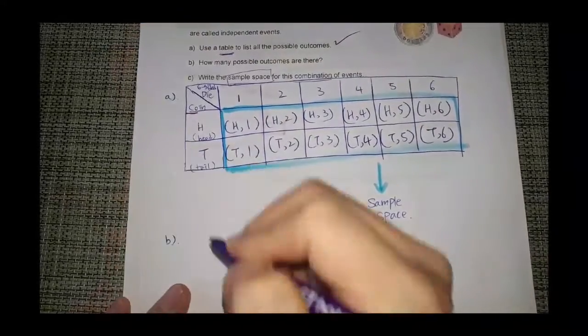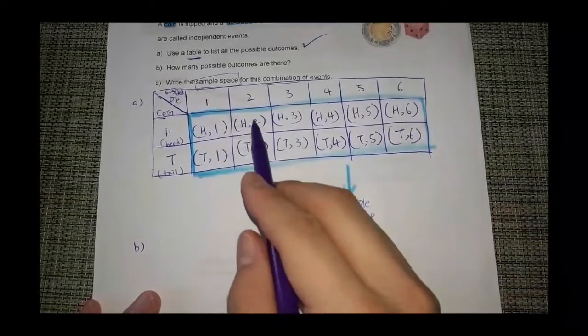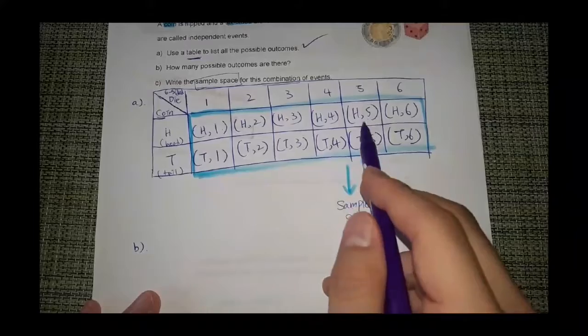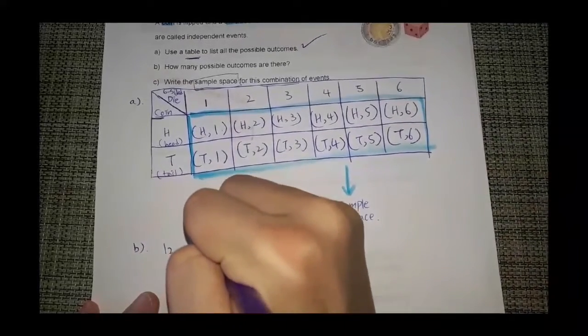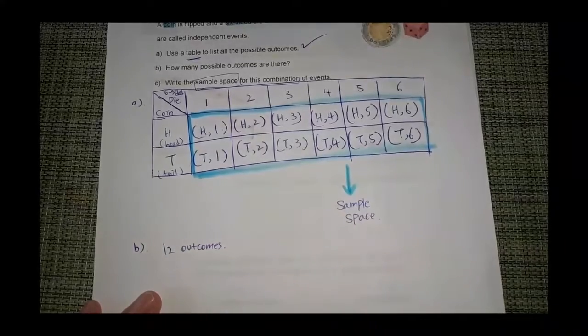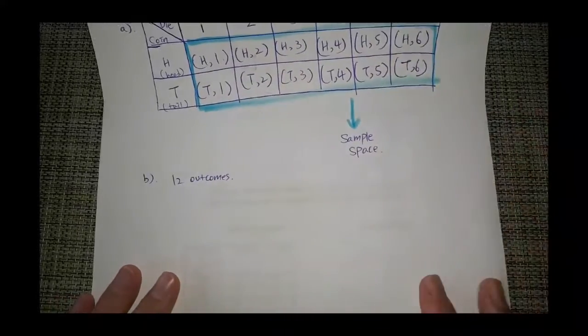Now we can go to the B section. How many possible outcomes? You literally count it. 1, 2, 3, 4, 5, 6, 7, 8, 9, 10, 11, 12. 12 outcomes you have. And since you have all 12 outcomes, now